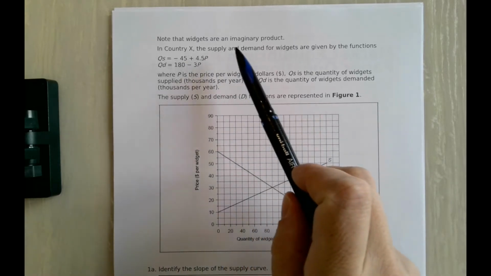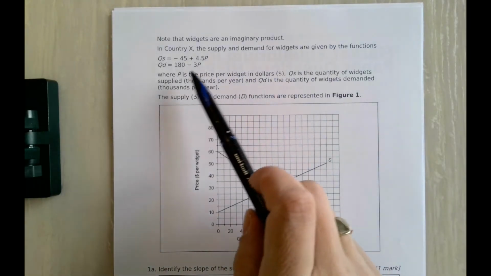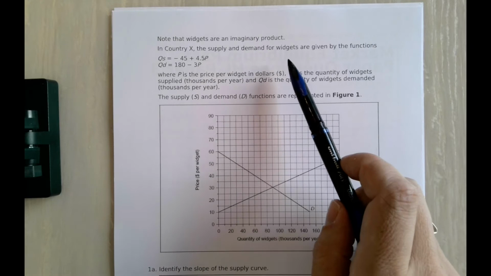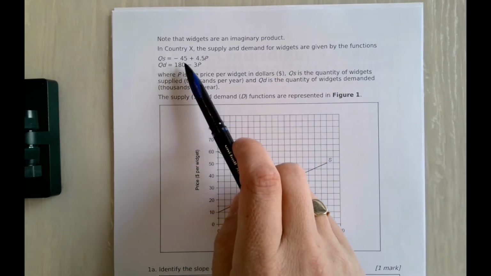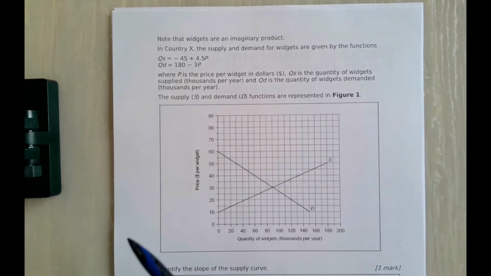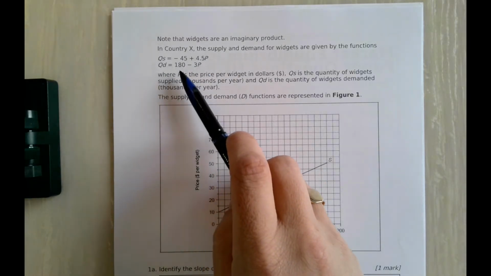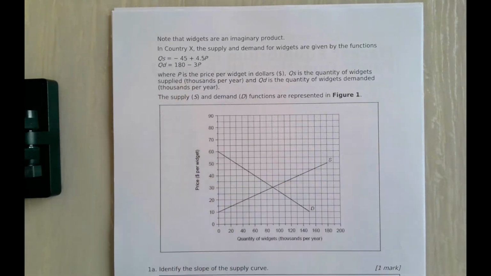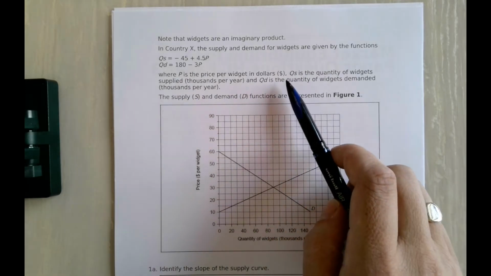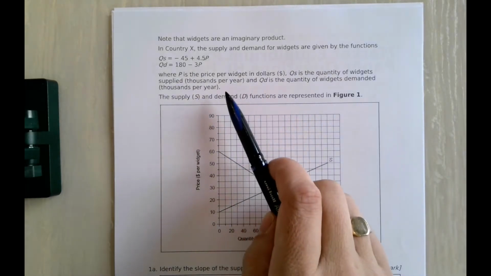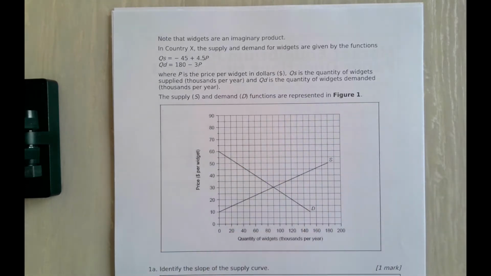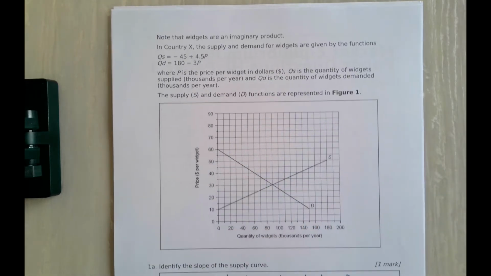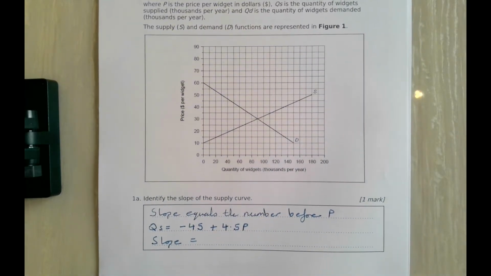So it says, note that widgets are an imaginary product. In country X, the supply and demand for widgets are given by the functions: the quantity supplied equals minus 45 plus 4.5p, and the quantity demanded equals 180 minus 3p, where p is the price per widget in dollars, Qs is the quantity supplied of widgets, thousands per year, and Qd is the quantity of widgets demanded, thousands per year. Okay, nothing crazy there. Then we have the diagram for those